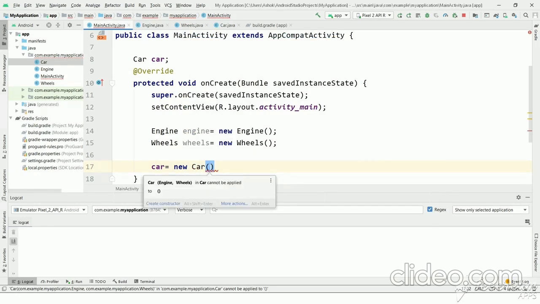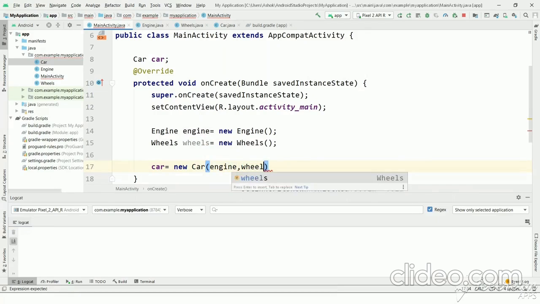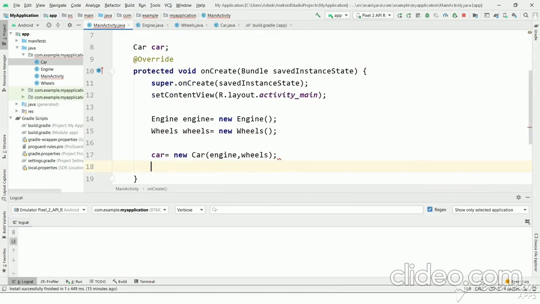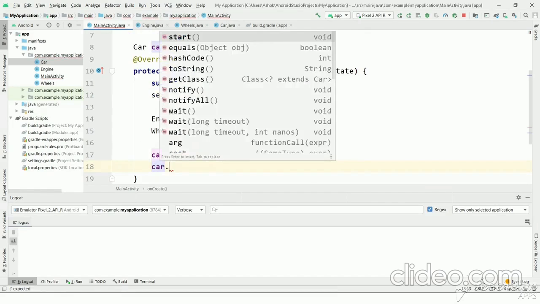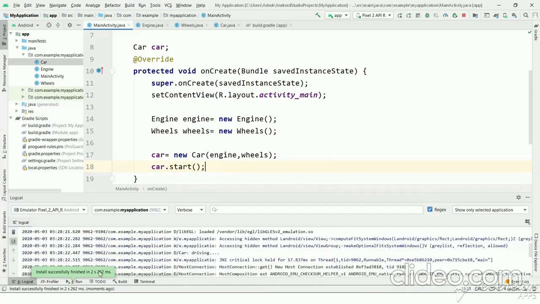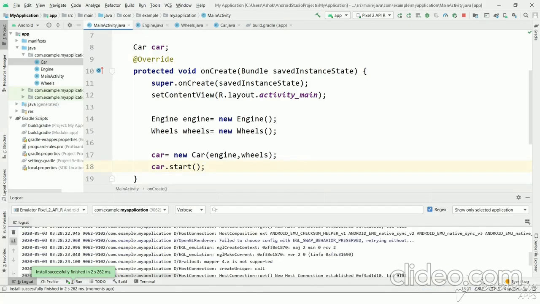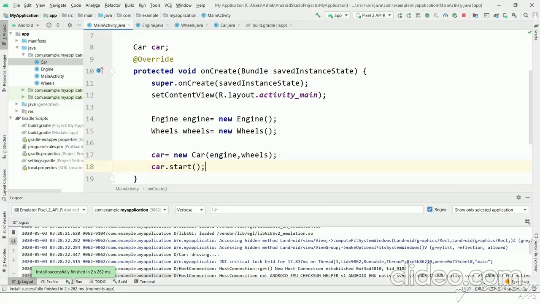Car has a constructor taking engine and wheels. We will pass engine and wheels. Let's call start. So let's run this. So the program successfully executed and it is printed driving.